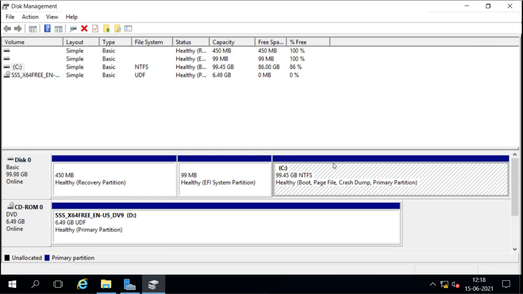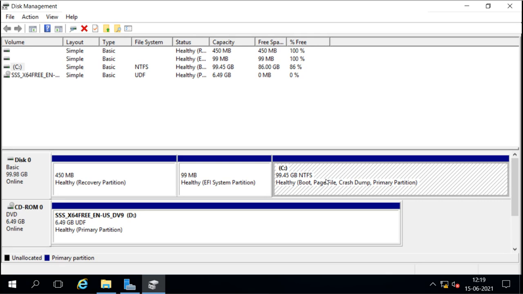Now in this case, what we have to do is add a new hard disk here to get new space. But in newer operating systems, like Windows 7, Windows 8, and Windows Server 2008, Windows Server 2012, and Windows Server 2016, we can actually shrink the existing partition to get some free space. Previously it was not available, but now we have an option to shrink the existing partitions.